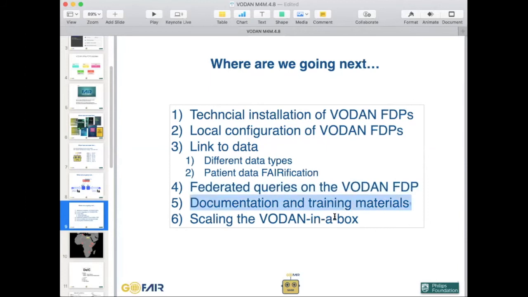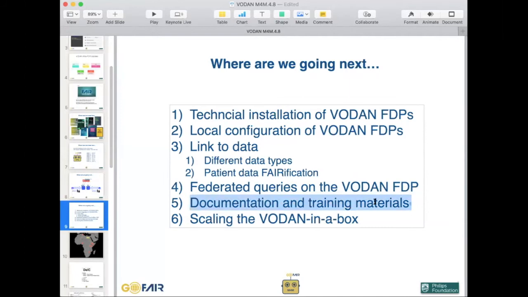And then lastly, these are just other things that are going to need to happen. But again, I think luckily we are already on our road to this. How do you set up a FAIR data point? What is a Vote on FAIR data point? What are the resources you need to do it? What happens when you run into blocks? Who do you need to contact to initiate the setting up of a FAIR data point? All this will be captured in some kind of documentation and training materials